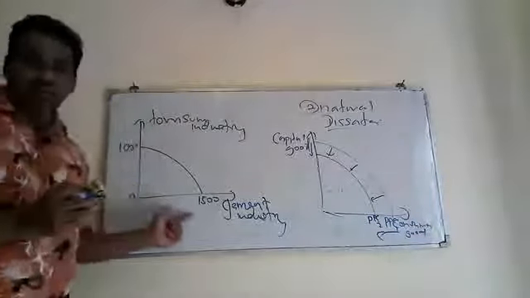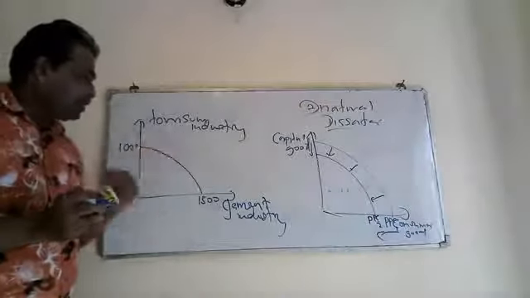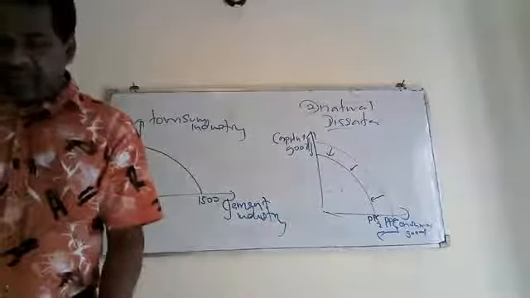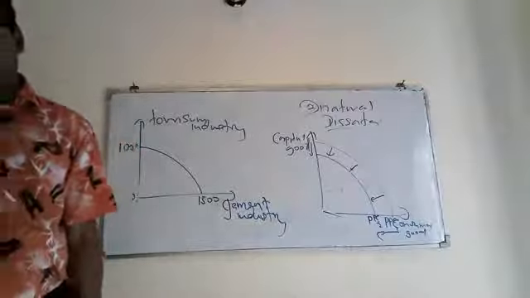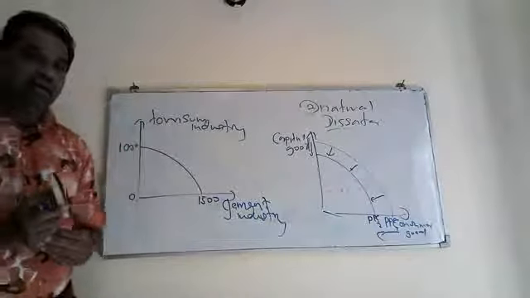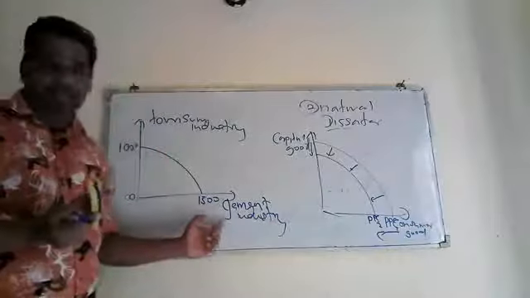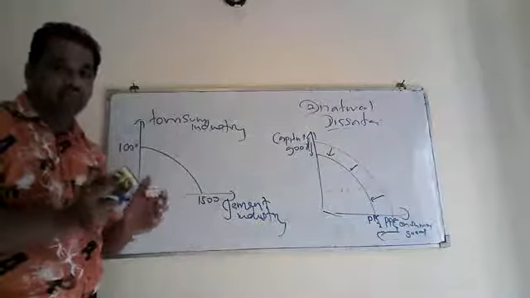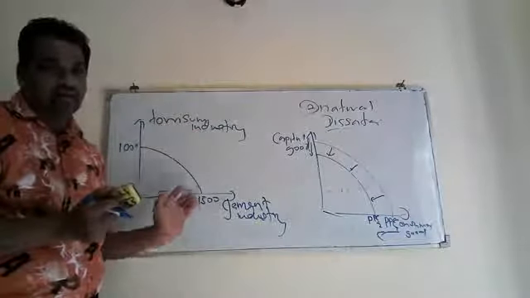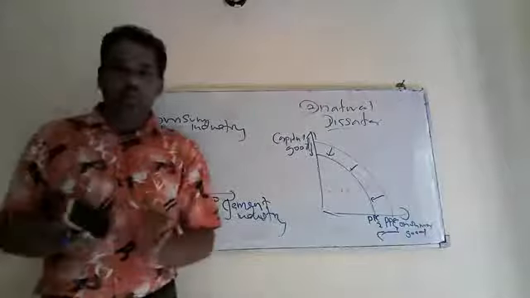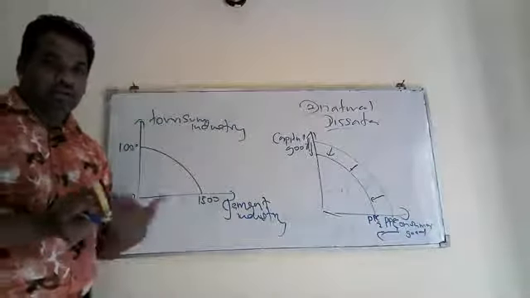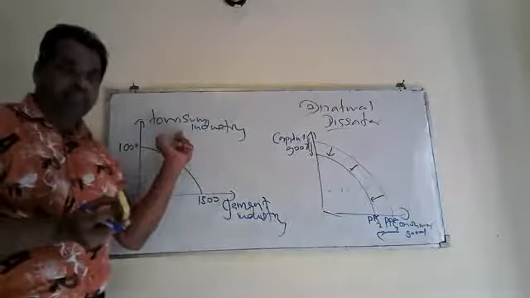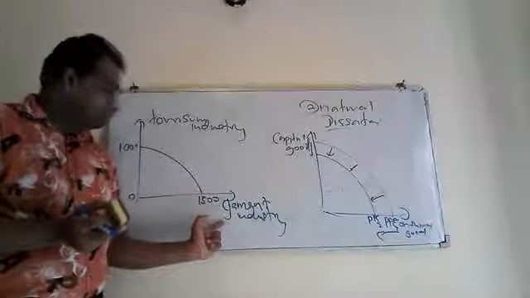This is the initial PPC for the tourism industry and garment industry. As they have mentioned in the question, a rapid expansion of the tourism industry in comparison to the garment. Here, we can expect an expansion in both sectors, garment industry and tourism industry. That means we can have a development in both sectors. But as the examiner said to you, rapid expansion means big expansion, large expansion, in the tourism industry. But there can be expansion even in the garment industry.